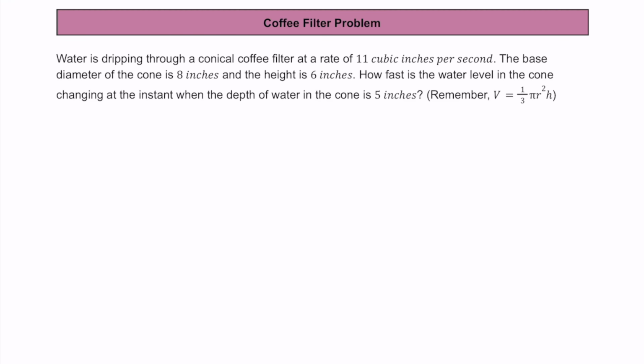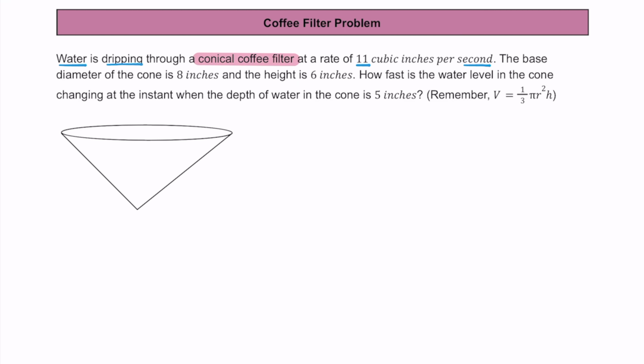Let's take a look at this related rates problem where we're dealing with a coffee filter. In this scenario, water is dripping through a conical coffee filter at a rate of 11 cubic inches per second. First off, a conical coffee filter would look something like this, in the shape of a cone, and we're told that water is dripping through this cone-shaped coffee filter at a rate of 11 cubic inches